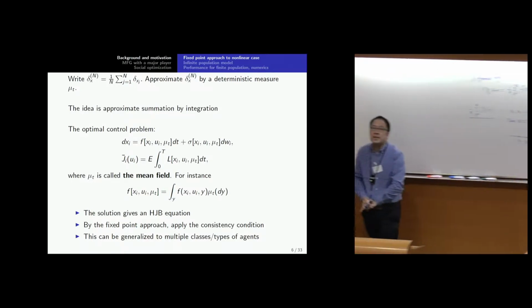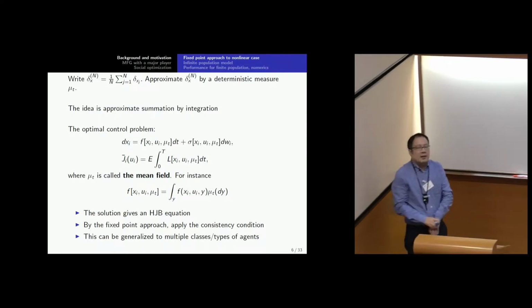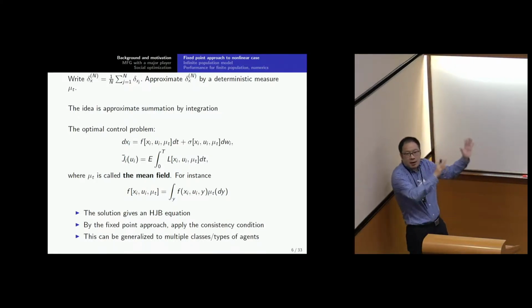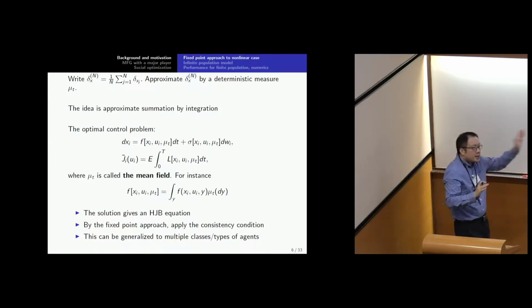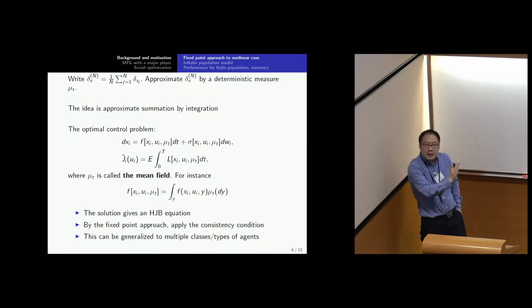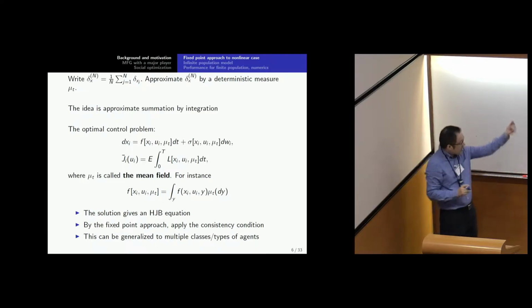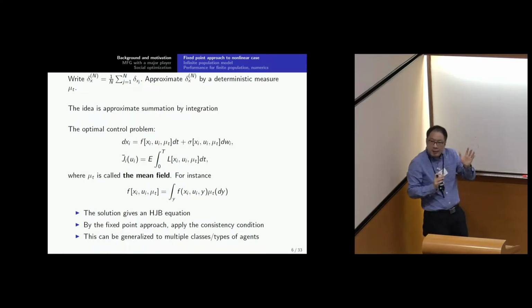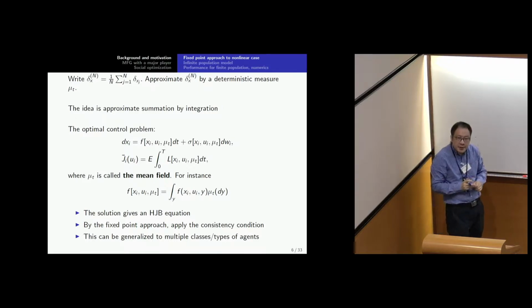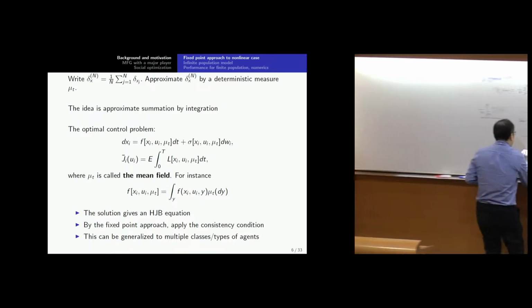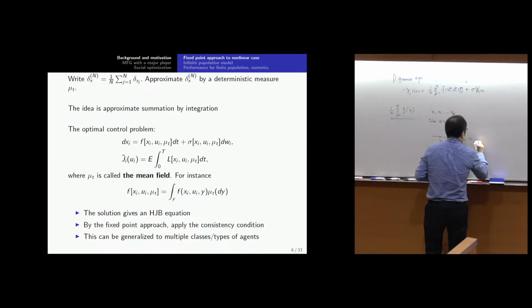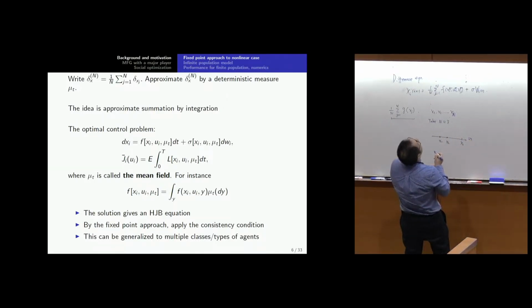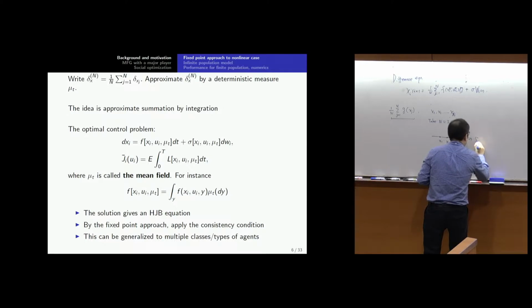We have 3 places. We can call this a particle configuration. It tells you the positions of different particles. Given the configuration, now we can introduce an empirical measure. So this can determine, following our notation, we can write